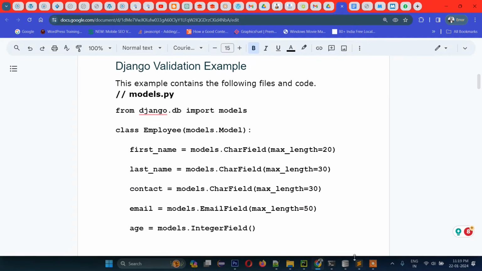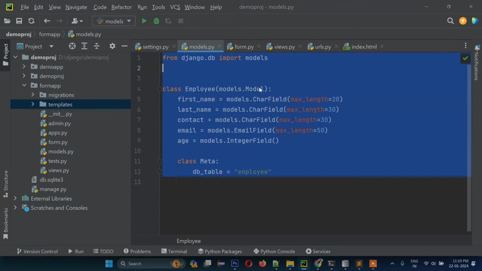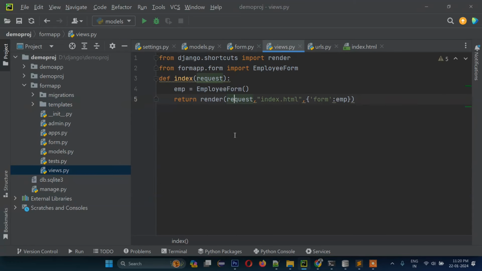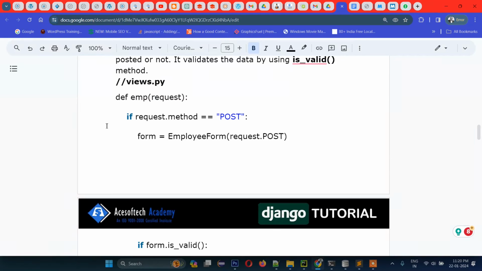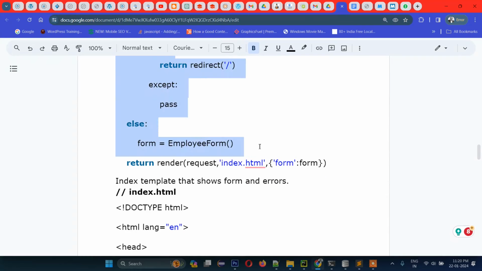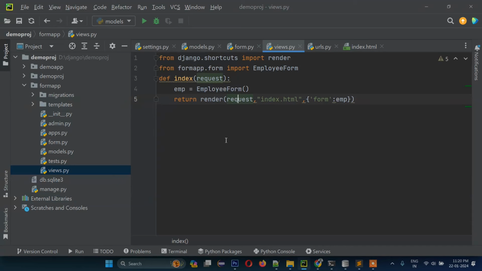So this is the model which we have already created in the model section. So what we need to change is just in the view section. So let's go to view. In the view section we will do the validation. So in the view section we will write: if request.method is POST then form is EmployeeForm with request.POST, or else. So this code we will write there. So let's go there, and then here